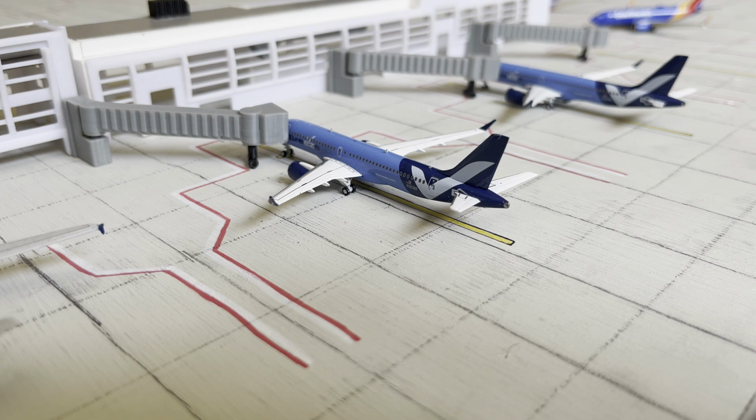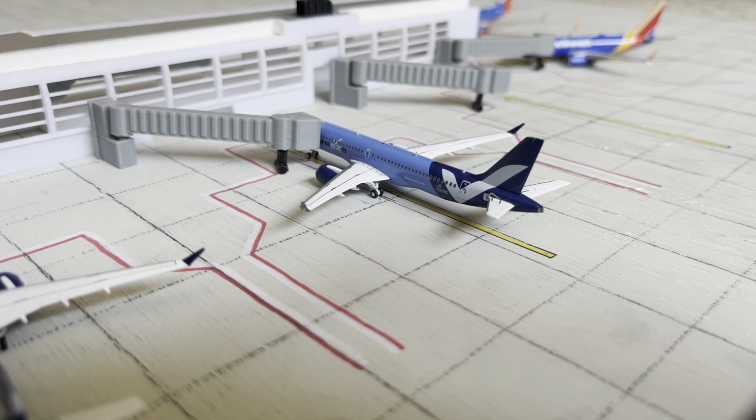They also have a few destinations that they only do once or twice a week, which are right now Los Angeles and Denver, so maybe I'll feature those in the next update. But the Denver flight is a red-eye flight. It arrives in at like 6 a.m., which is the time of this update, but I think that's only a Saturday flight. And then as mentioned previously, here is this Breeze Airways Airbus A220, which will be heading out to